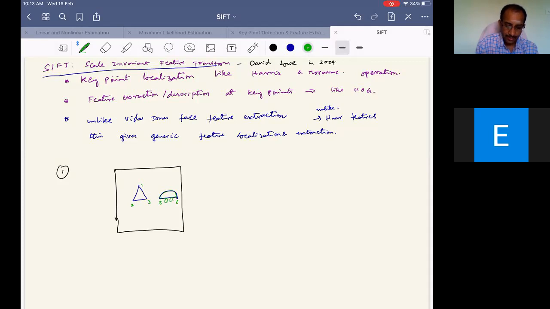If there is significant change in intensities in all directions. If there is a significant change in intensity distribution or intensity profiles in all directions. So we have identified a region and we have moved in all directions, and then have seen either explicitly moved in Moravec operator or implicitly identified the direction in which the minimum change is there, and that change itself is greater than a threshold. That we have seen in the